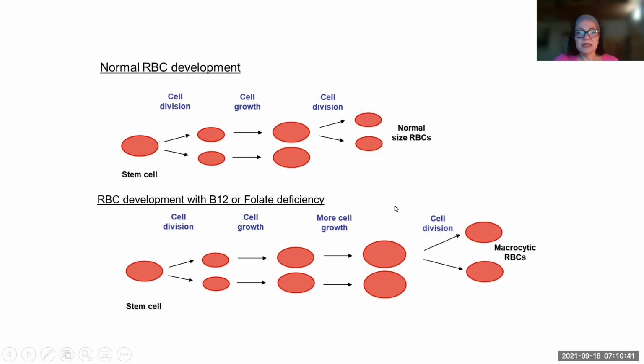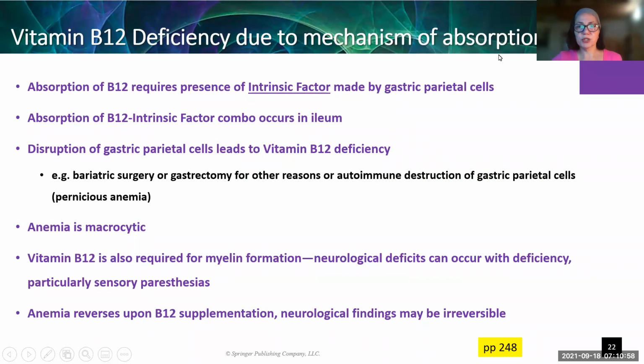All right, and now we're going to zoom in a little bit more on specifically B12 deficiencies, because there are some things about B12 that are a little different from folate and can lead to this problem. B12 absorption is a little more complicated than folate absorption. Absorption of B12 requires another thing called intrinsic factor. It's an old name, we're stuck with it. It's made in the stomach by gastric parietal cells. The intrinsic factor has to find the B12 and they actually bind to each other. And it's that combination, the B12 intrinsic factor combo, that gets absorbed in the small intestine,